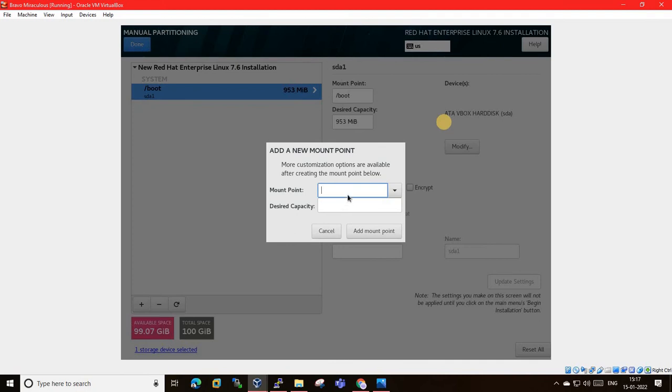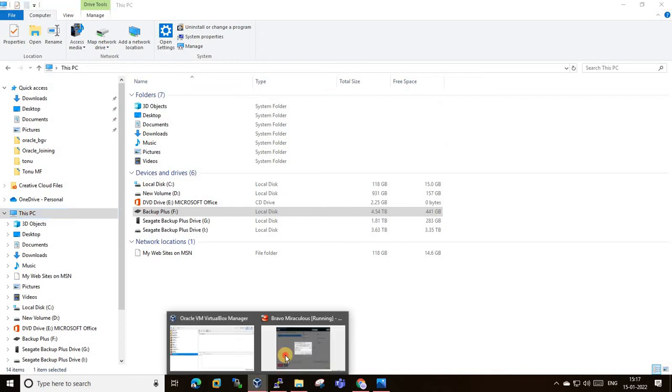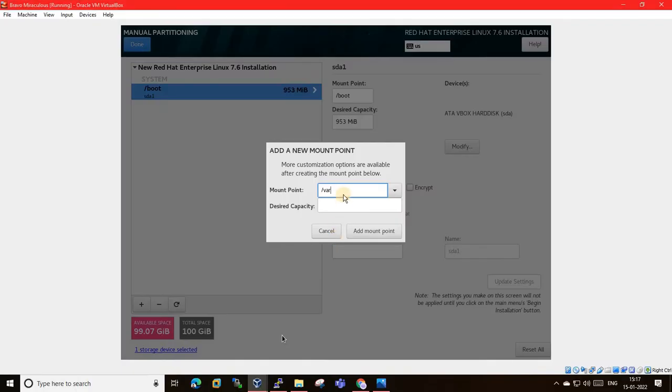Now we have to add a few more mount points. What kind of mount point is this, and why are we using it? Let me explain. Just like when we have a C drive and D drive, different disks in Windows, we have to create different disk partitions in Linux.